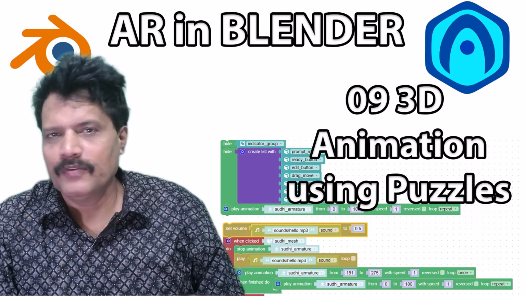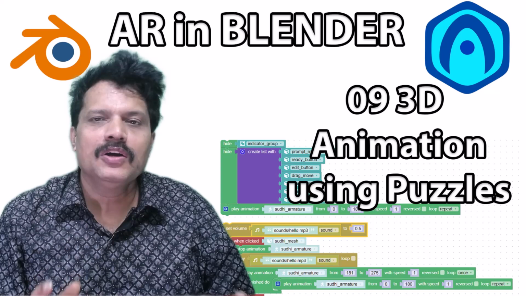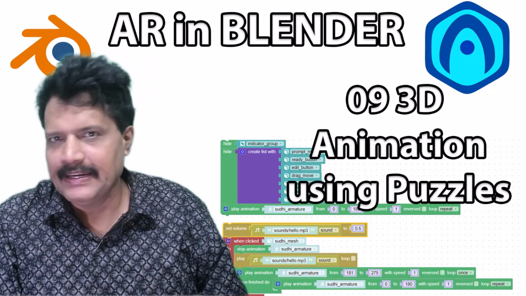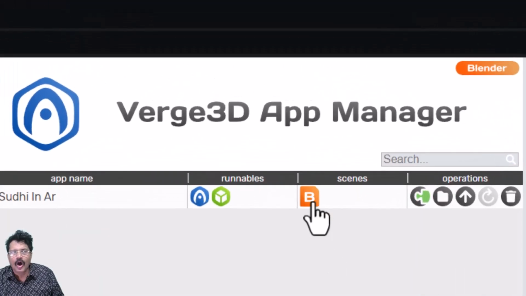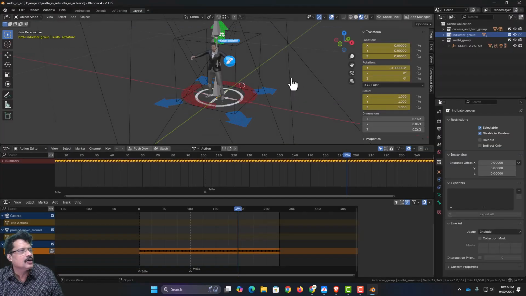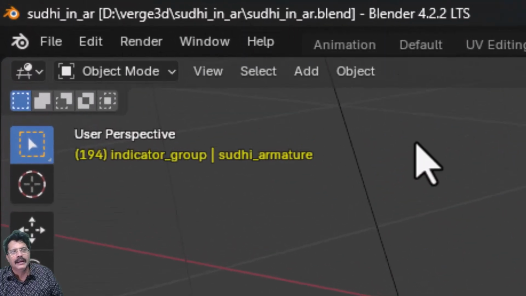Hello and welcome to our 9th session, and in this session we are going to work with the actual augmented reality logic. To begin with, I have already launched my Verge3D app manager, either by clicking on the shortcut or through the app manager in Blender. I will launch Blender and open this Sudhi in AR.blend file